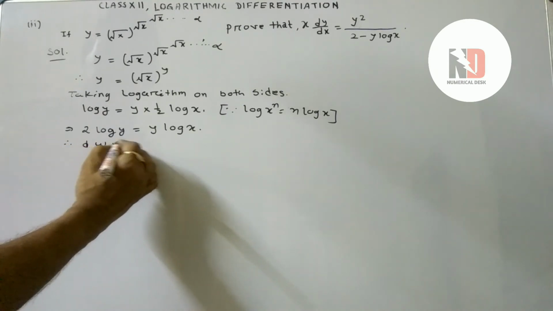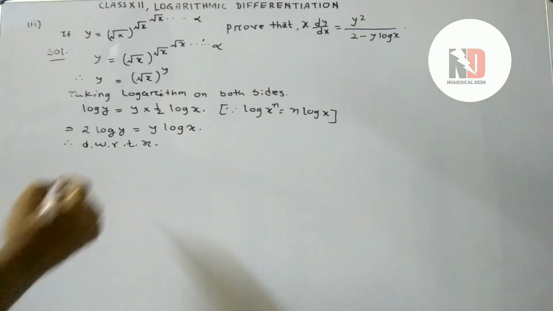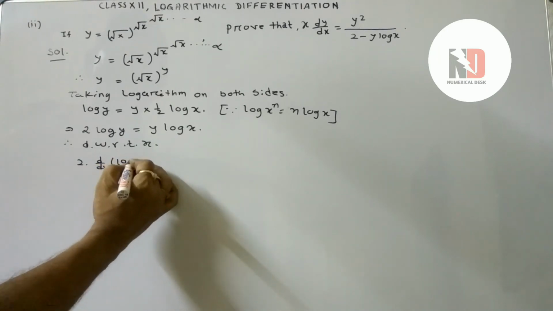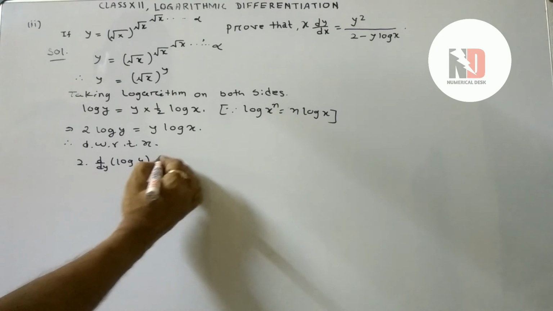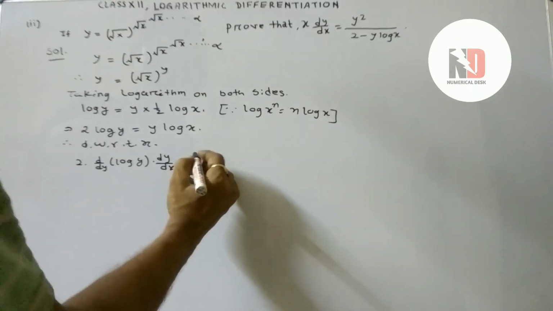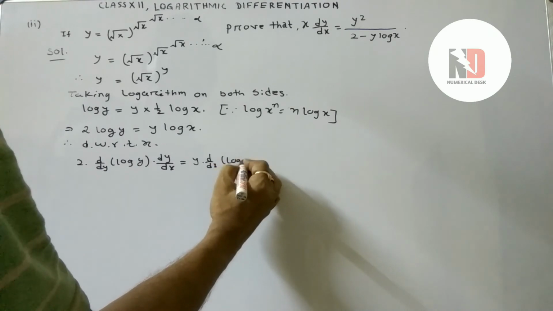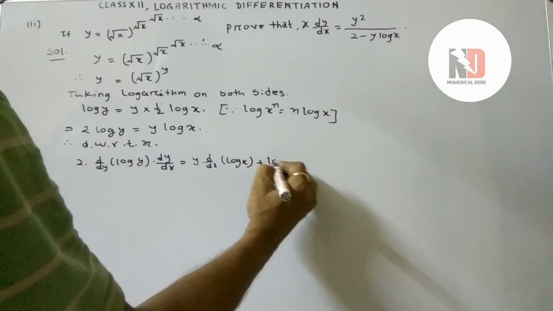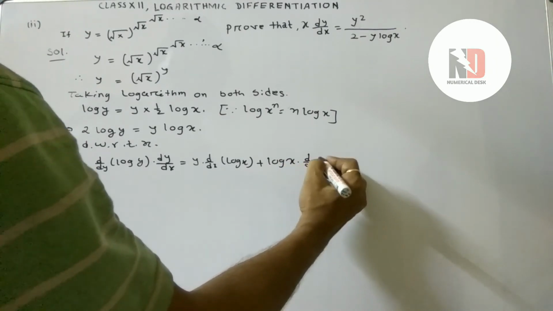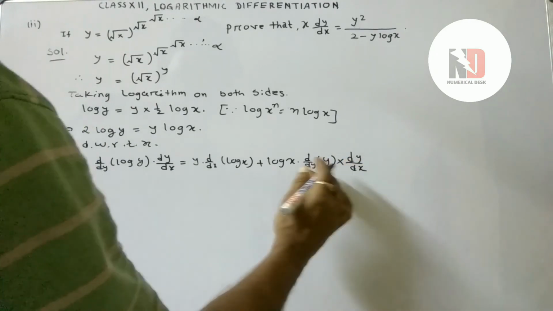Now we differentiate the sum. Often asked in examinations in any board, CBSE, ISC or any state boards also. This is a very important sum in many competitive examinations also. This type of sum is asked. This type of form is not difficult. So now on the right side is the product rule: y into d by dx of log x, then log x, then d by dx of y into dy by dx. Look at this step carefully.